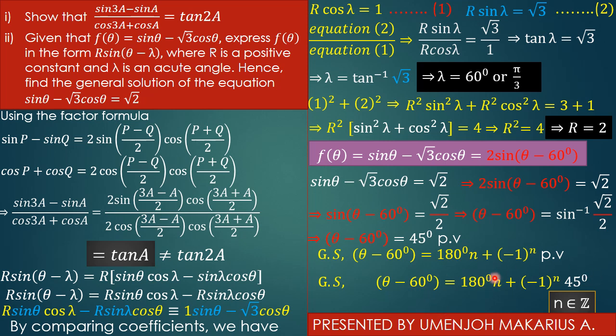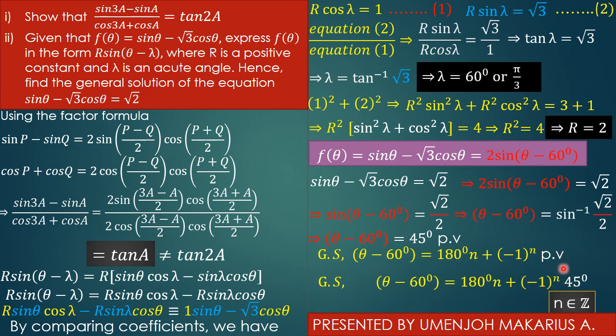Great. So friends, this is it. You can decide to send -60 to the right hand side. That is up to you. But keep in mind that it will not affect 45. What students make, guys, one mistake is that when they send -60 to the right hand side, they add it with 45. It's wrong. Keep in mind that 45 degrees is tightly attached to -1 to the power n,